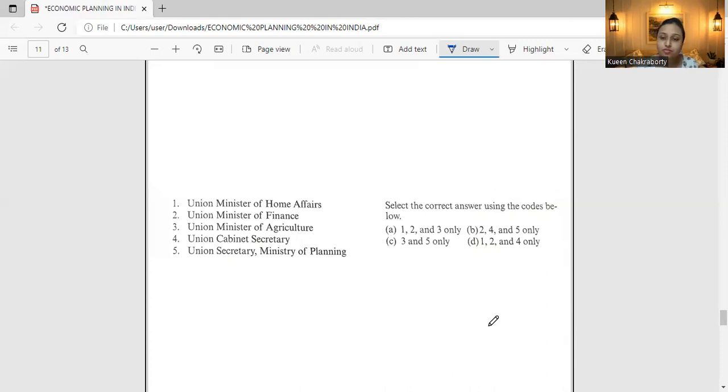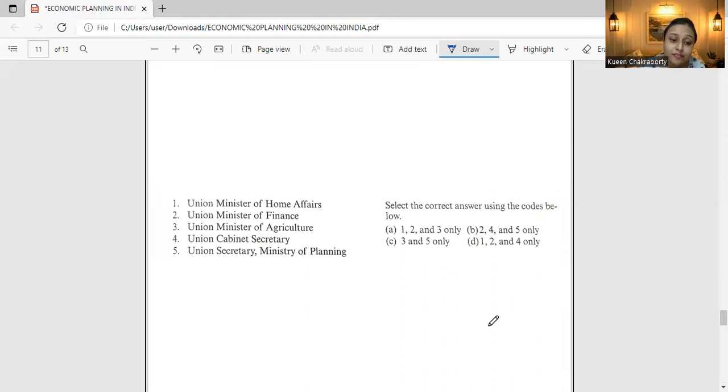Let's first discuss the composition of NITI Aayog, then you'll be able to figure out the answer. Chairperson: Prime Minister of India. Ex officio members, Vice Chairperson, NITI Aayog, full-time members, NITI Aayog. Chief Ministers of all the states and UTs, and Administrators of all the UTs are the members of the Governing Council. Ex officio members of NITI Aayog are Minister of Home Affairs, Minister of Finance, Minister of Corporate Affairs, Minister of Information and Broadcasting, Minister of Railways, and Minister of